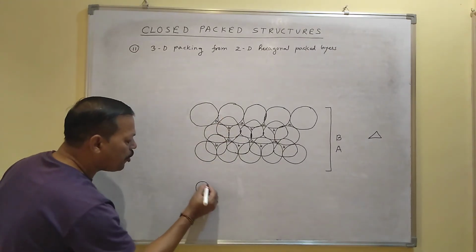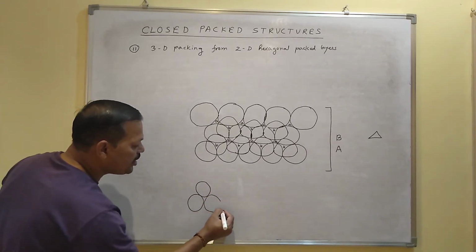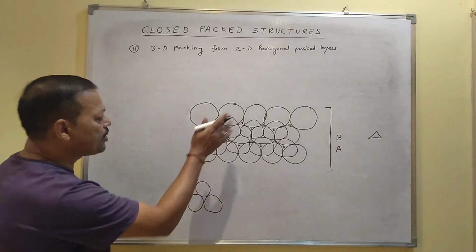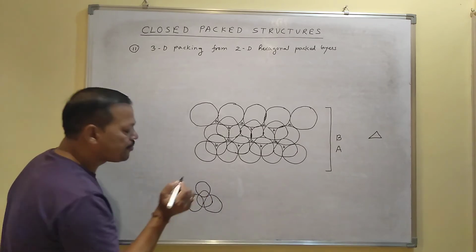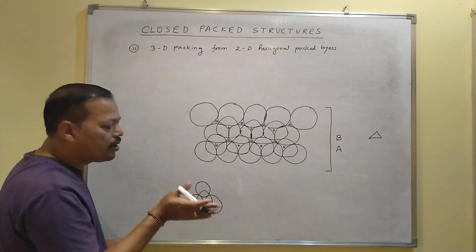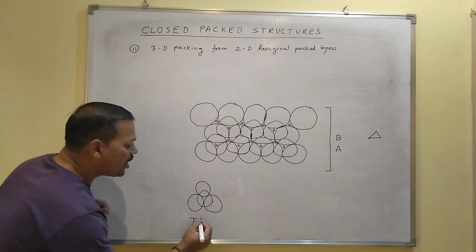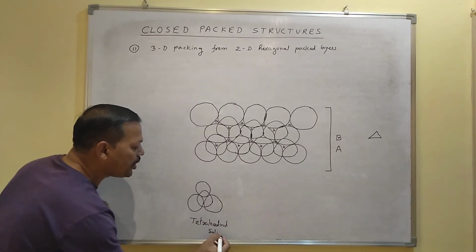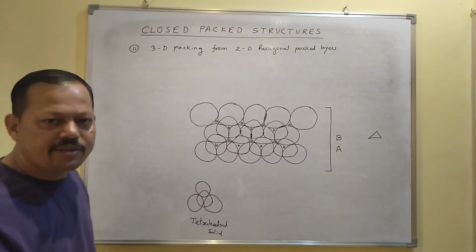At first, the void B is like this from the first layer. It is triangular in shape. Initially, the void B is like this. But when you place the second layer particle above void B, one particle comes above the void like this. So 3 particles in the first layer, 1 particle in the second layer. This type of void is called a tetrahedral void. This void is important because in some solids the void also contains a particle. So these B voids are said to be tetrahedral voids.